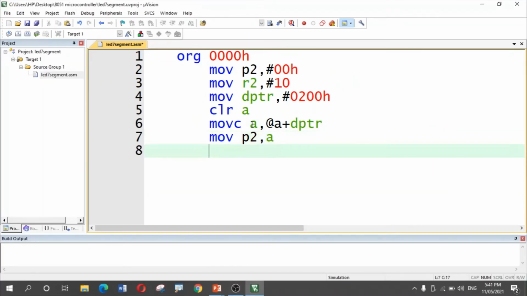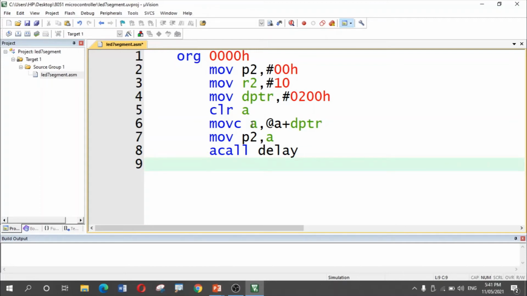Once 0 is displayed, we have to wait for some time. For that purpose, I will call a delay subroutine. So ACALL delay. Delay is the name of the delay subroutine. Once the delay subroutine is called, it will hold that 0 value on the LED 7 segment display.